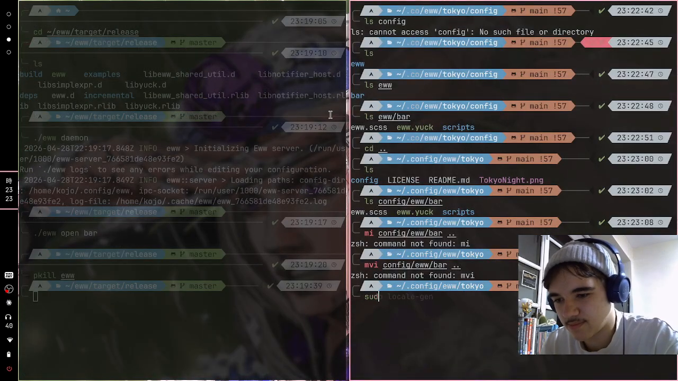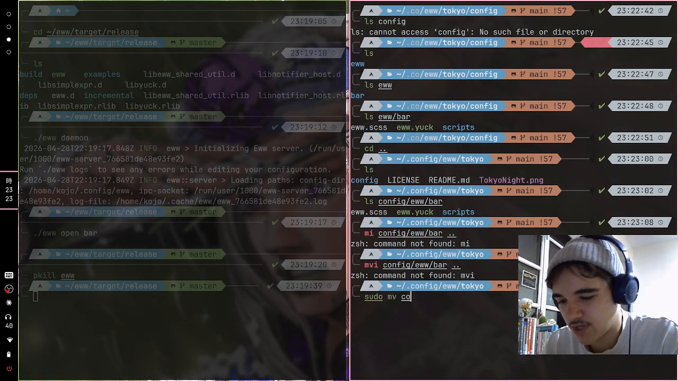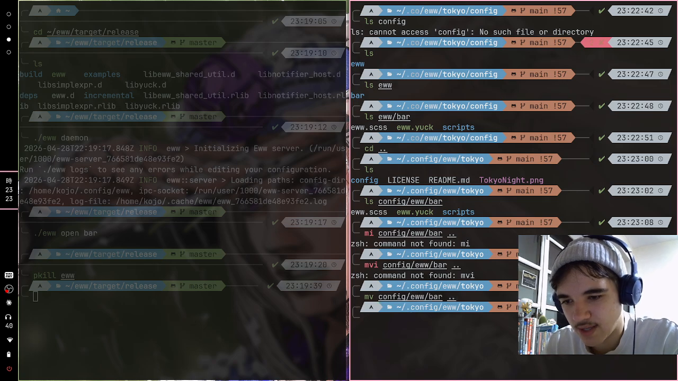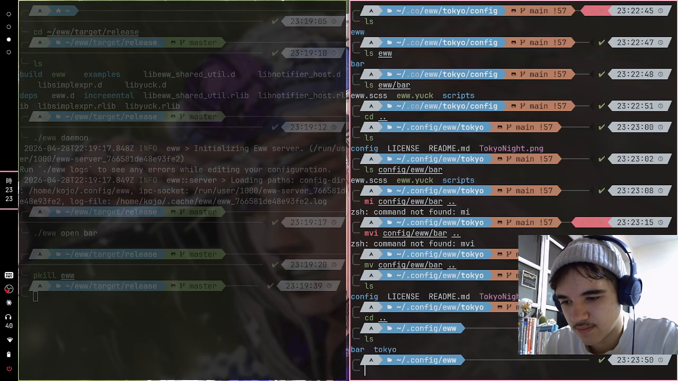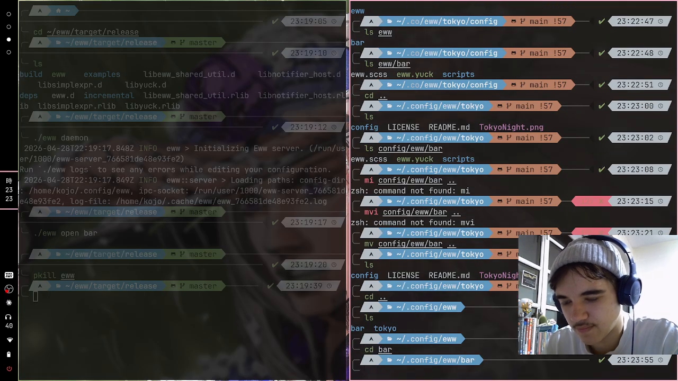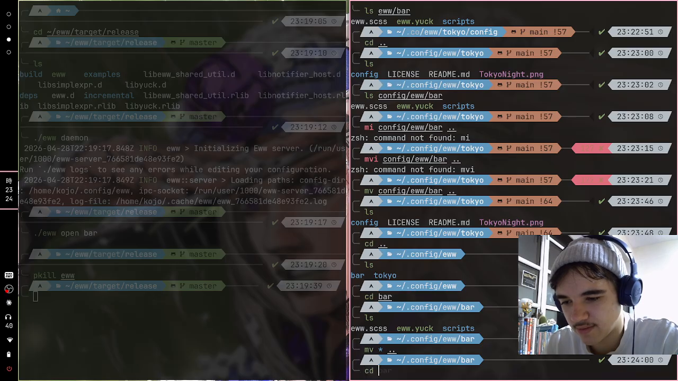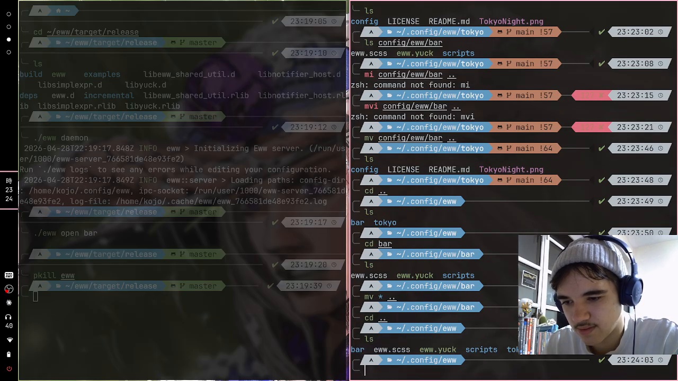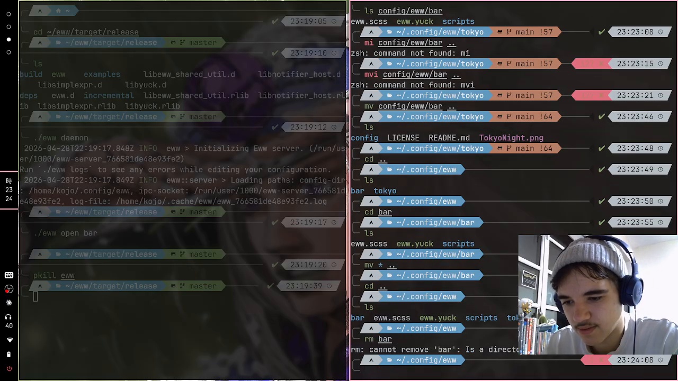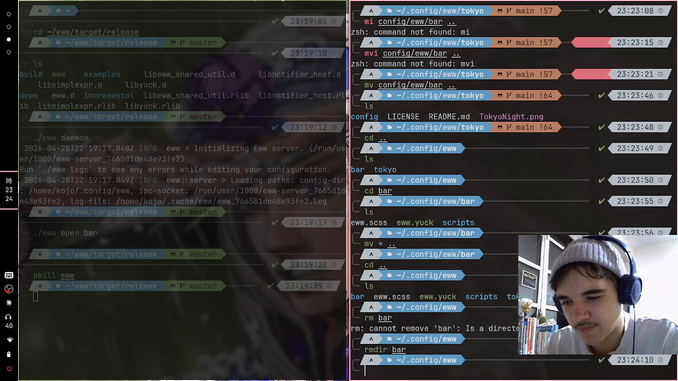Sudo. Well, no, I probably don't need sudo. mv config/eu/bar .. Okay. So now it's in bar. So mv * .. should move everything, right? Perfect. So now just remove directory bar,